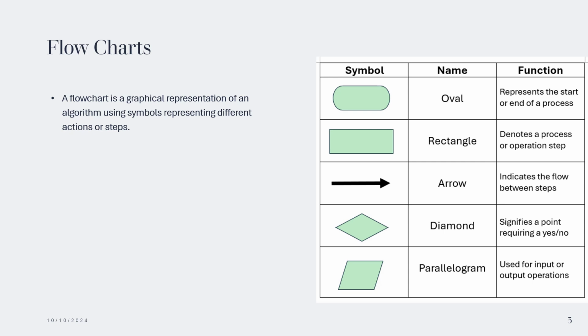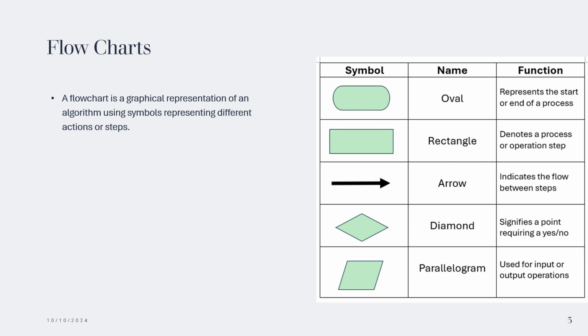And then let's see the rectangle. The rectangle denotes a process or operation step, and then the arrow. The arrow indicates the flow between the steps. So when you are drawing a flowchart, make sure all the steps are connected using arrows. And then a diamond shape. The diamond shape signifies a point where a decision should be made, and that decision should be based on yes or no. So basically, for example, if you take